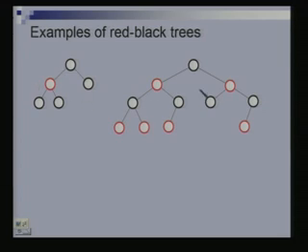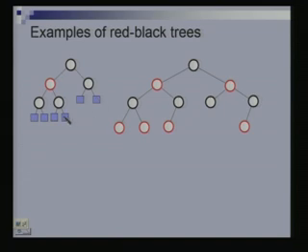These are two examples of red black trees. Let us look at the one here. This is a binary search tree on 5 nodes. I have colored the nodes black and red. The root is black. A red node has only black children. A black node can have black or red children, but a red node can have only black children. Now, as you can see, this node does not have any left or right child, this does not have any left or right child, this does not have any left or right child. So, I am going to add them. These I will call external nodes, they are not colored. All my external nodes in this class today will be shown with these square boxes.